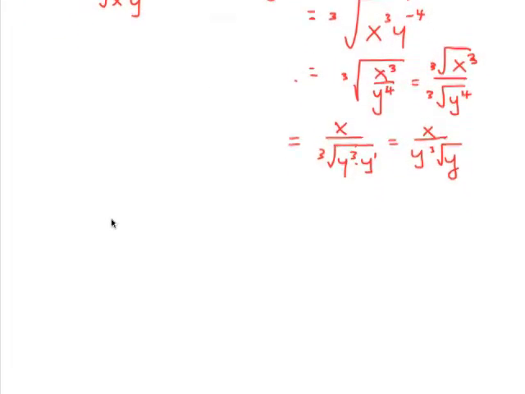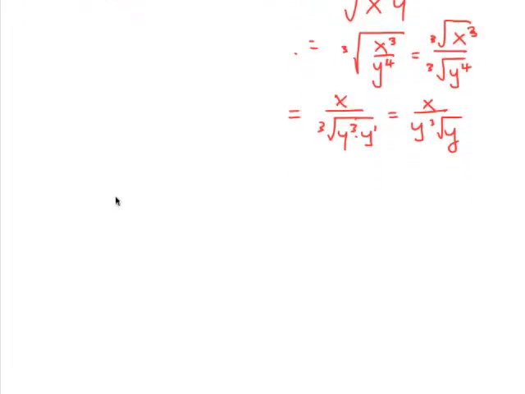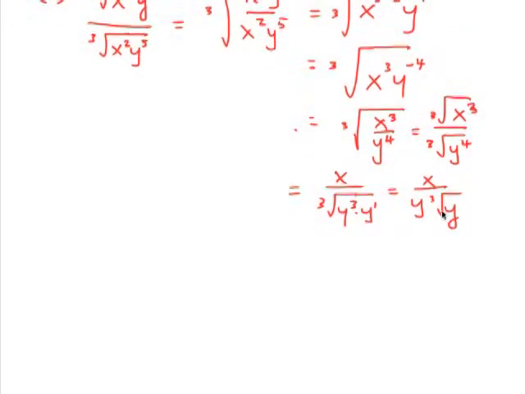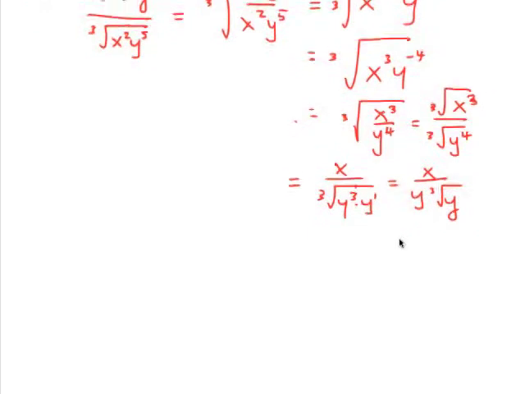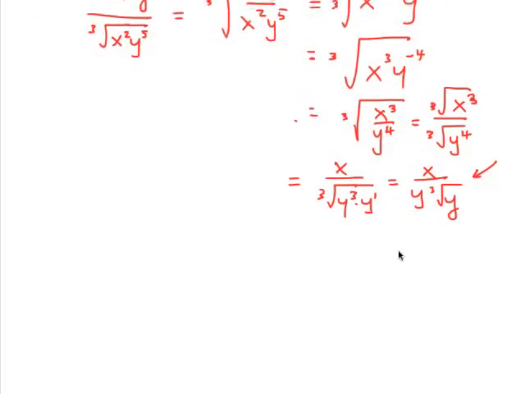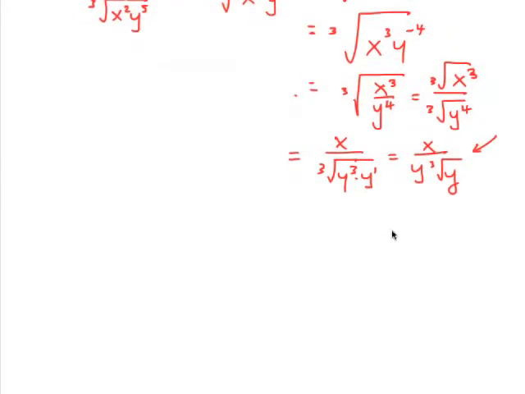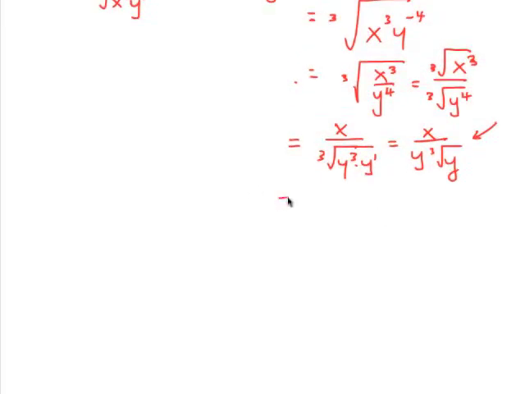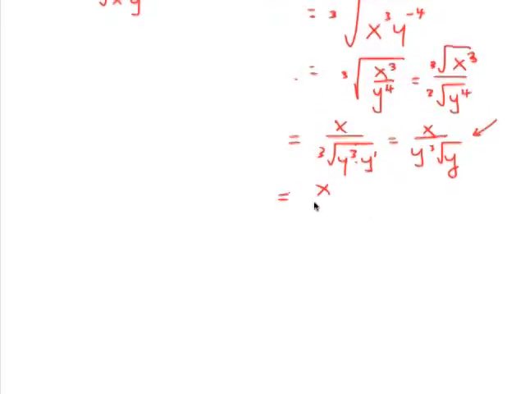Okay. Alrighty, so that's how we do that. Now, of course, we want to make sure that we don't have any radicals in the bottom part. So when we come to this stage here, we have to ask ourselves, well, we've got a radical here, so what are we going to be able to do with that? So how do we change that radical? So we have x over y,